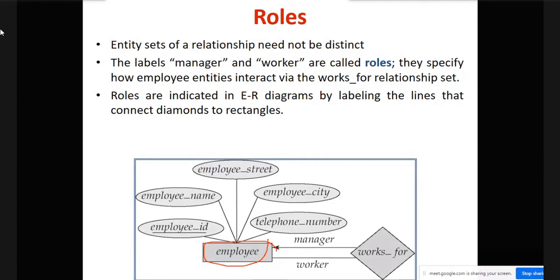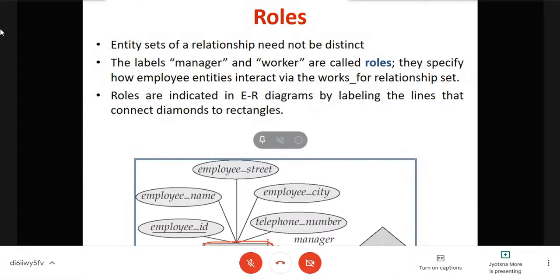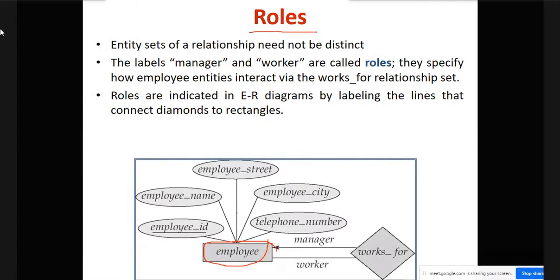Manager has the post of manager on the board outside, or cashier, and so on. That is nothing but their role. That role you can also specify in an ER diagram. Sometimes these roles are also called quantifiers. I am telling you the word quantifiers because you should be aware of all the words which can be used by the external examiner or paper setter. So you may get a word as role or quantifiers. These quantifiers are nothing but the role names. For example, this manager, this worker.